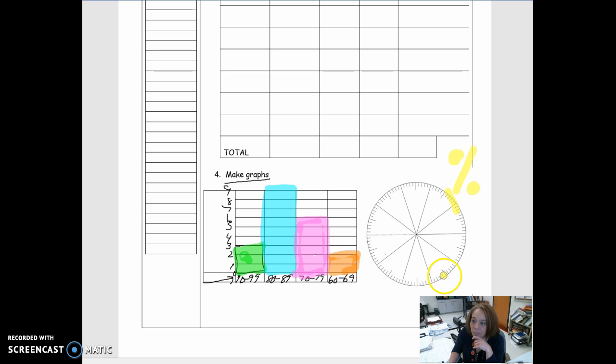So 1, 2, 3, 4, 5, 6, 7, 8, 9, 10. So actually 45% is going to be around about here. So we had 45% of the people score in the 80s. Actually, I should make that the same color. I know I said I wasn't going to do this, but I'm giving you an example of how this would look. 45% of those would be